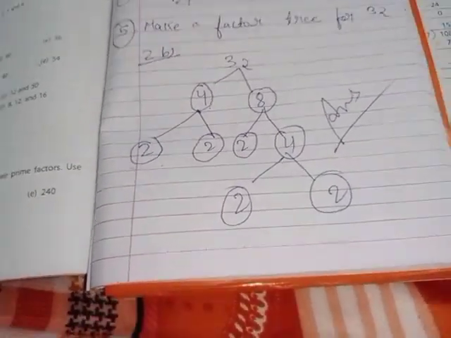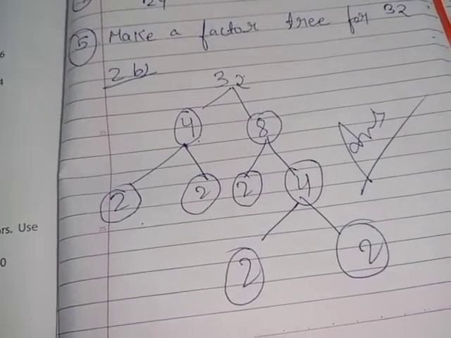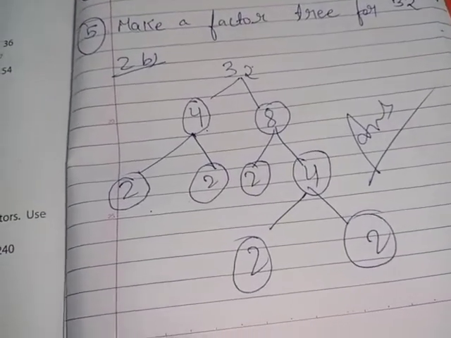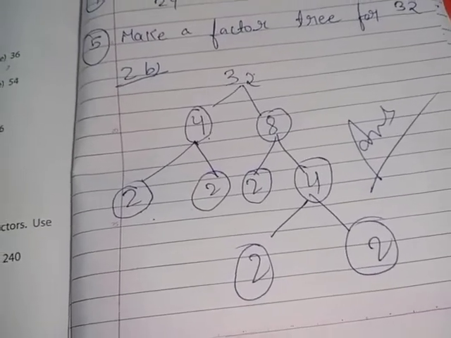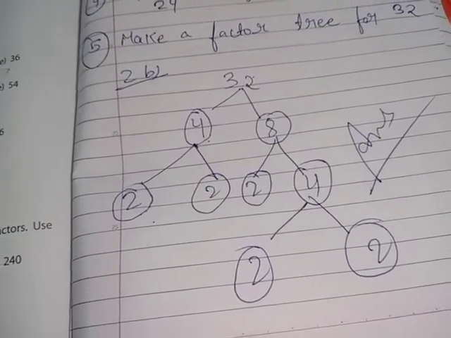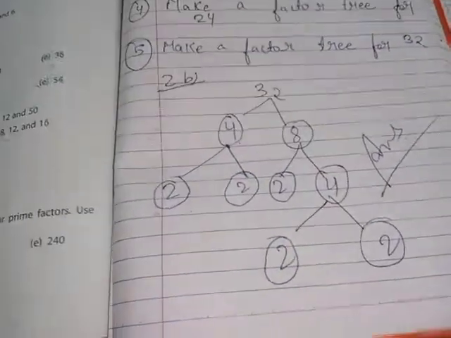I hope it is clear. Starting from the number, we see 32 will come in which table, how many times. We will keep on solving until we get, at last, the factors which are not further divisible in any other tables. One I have done, the remaining you do on your own.